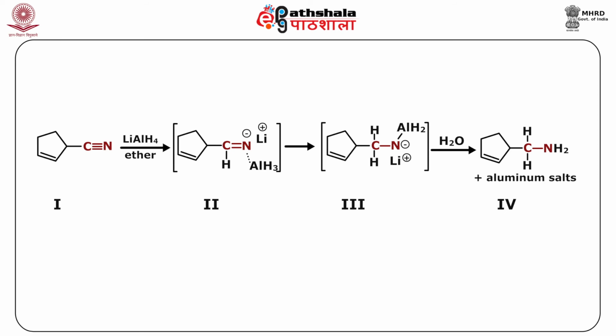So, here the electrophilic nitrile carbon in one structure when attacked by hydride generates this intermediate salt of imine as second, and subsequently the second hydride attacks the carbon via shift from aluminium to form the metal salt amine as this 3 structure, and then finally this metal amine salt on hydrolysis produces the primary amine shown as 4th.